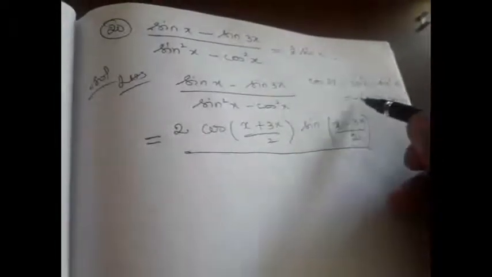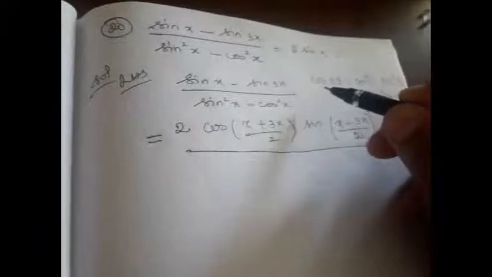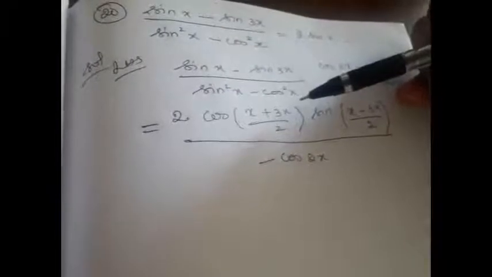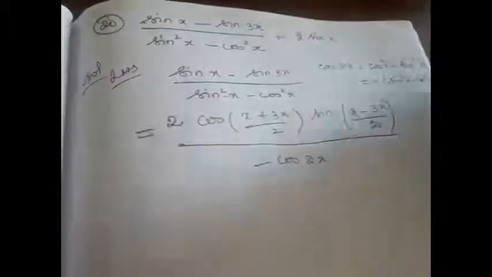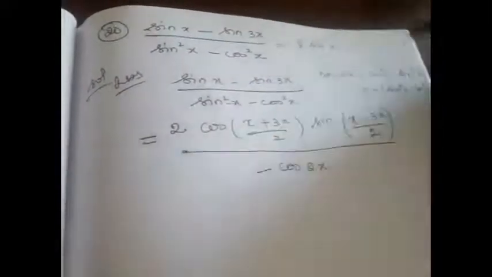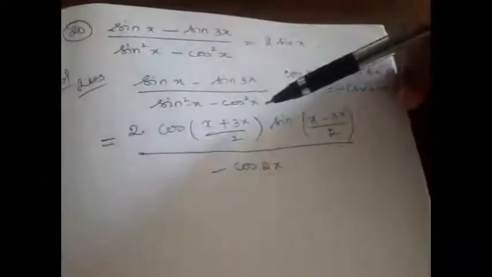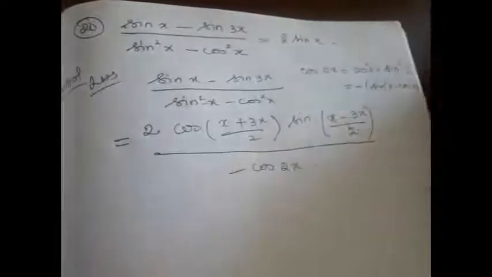So sin square x minus cos square x is nothing but, if you bring this minus to the other side, it will become minus cos 2x. So denominator I can write as minus cos 2x. So remember, the sum cos square x plus sin square x is always 1. The difference is cos 2a. It depends in which order it appears. If it is cos square x minus sin square x, it is directly cos 2a. If it is sin square x minus cos square x, it is negative of cos 2a,